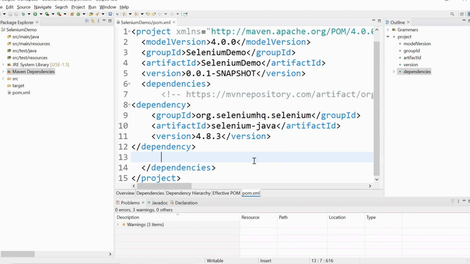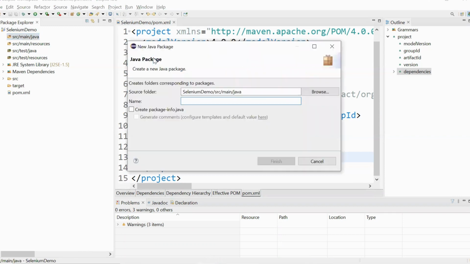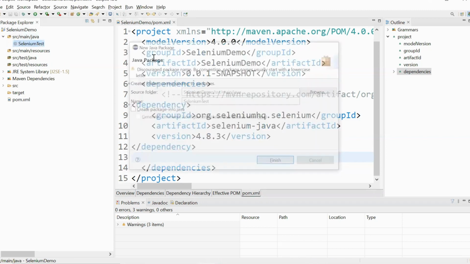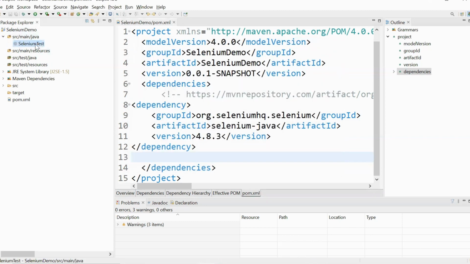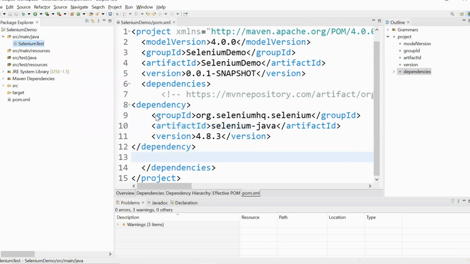So we have created this Selenium demo project, which is actually a Maven project, right? So let me go to this source Maven Java, right? And let me create a new package over here, and let me call it Selenium test, right? And this is the package here. Let me refactor this, and